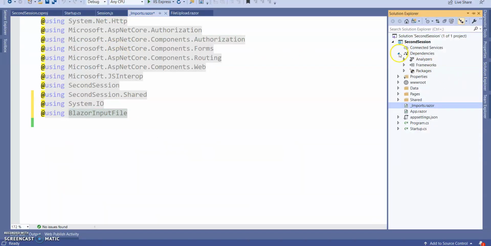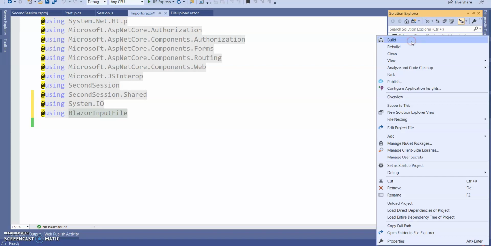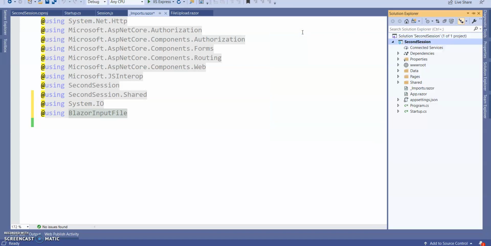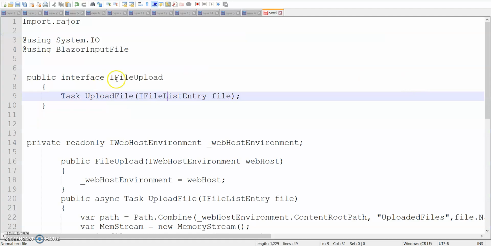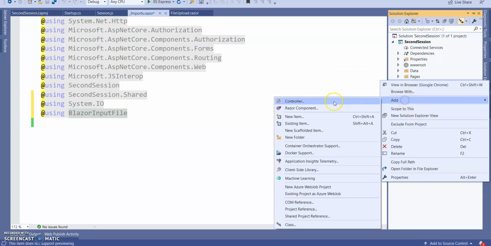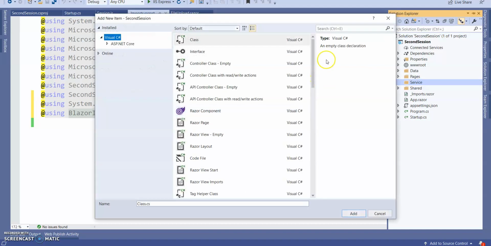Next, create a folder here for services. I'm creating one more folder named Services. Here I'm going to create one interface, called IFileUpload, as a new item.